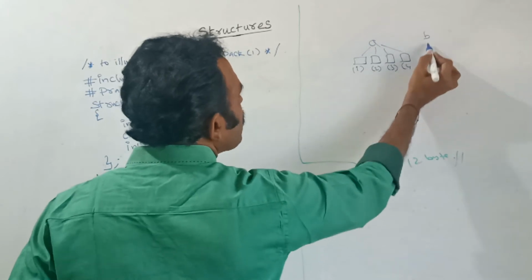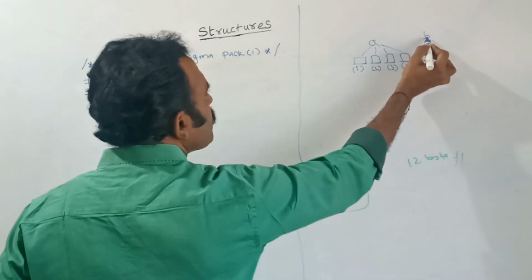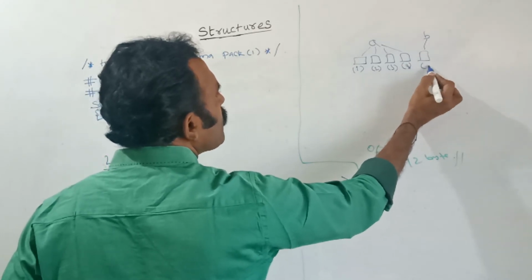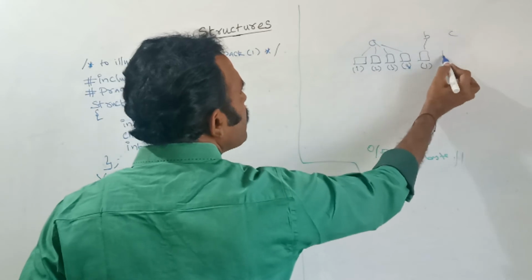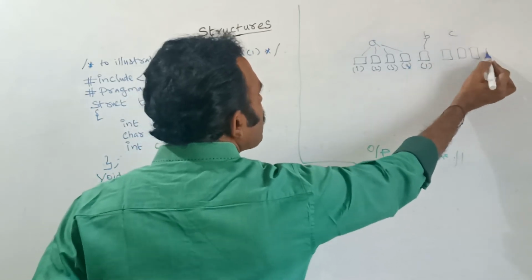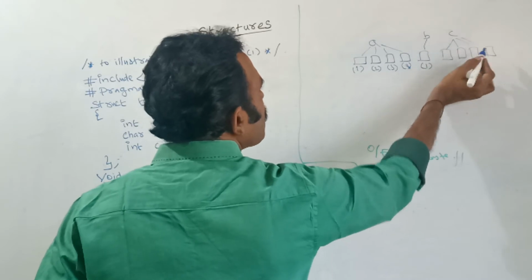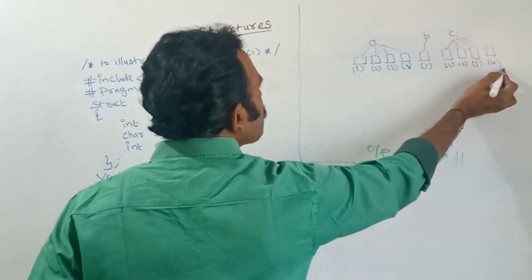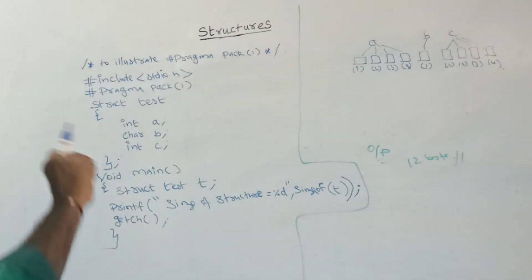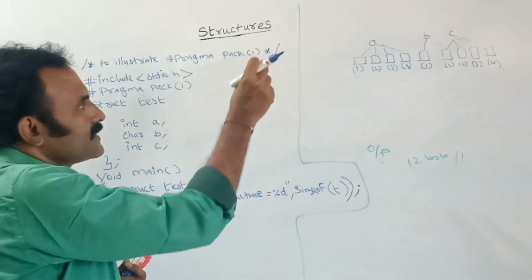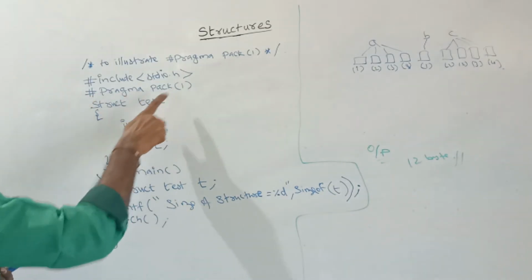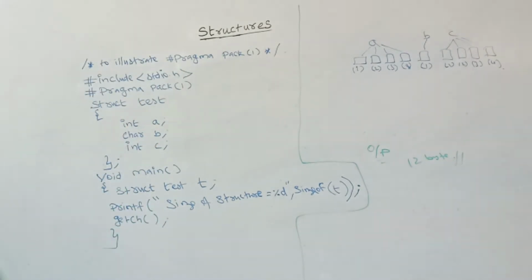Next for B, for each and every time single byte only. So here it is single byte, so B of 1. Next C, again this is 4 byte, it will read in 4 cycles. Here C of 1, C of 2, C of 3 and C of 4. So there will be no padding here, because single byte it will take. So here what is the size? Suppose after you are including this one, if you are running this program, the answer will be 9 byte.